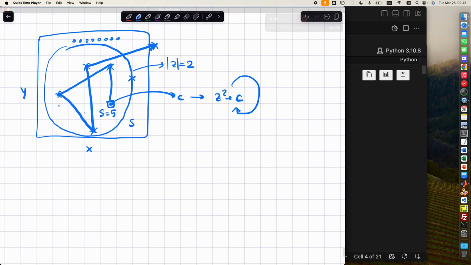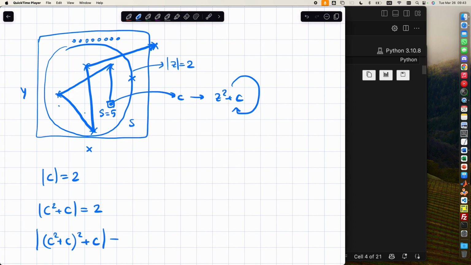So the first boundary, the circle, is this: the absolute value of C equals 2. That's the first one. Okay? The second boundary is this: the absolute value of C squared plus C equals 2. That's the ellipse that you see there. The third one is, what should we do? The absolute value of (C squared plus C) squared plus C equals 2. Okay? And each time you do this, there are new wiggles that appear on the set,